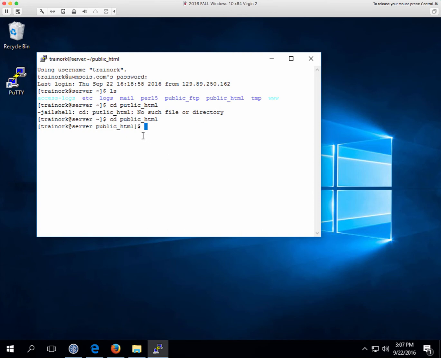So we're currently in public HTML. Okay, and let's do an ls to see what's there. Oh, and there's our repository. So change to that, cd repo